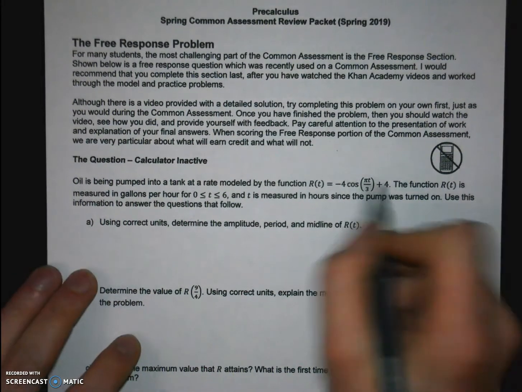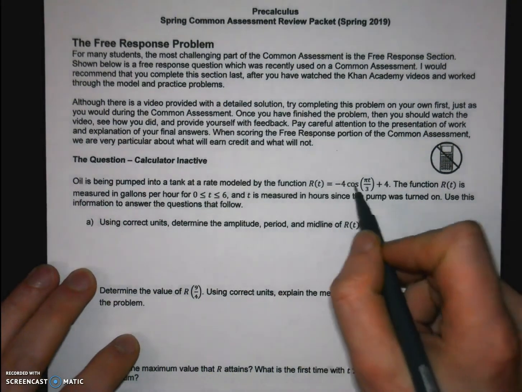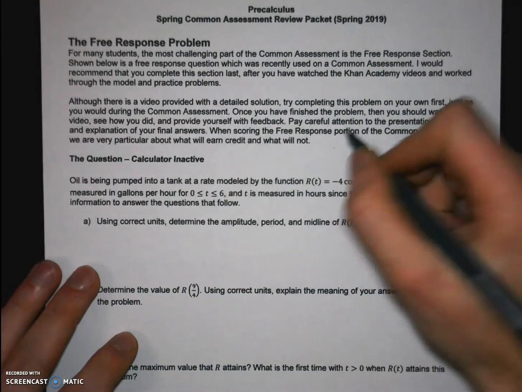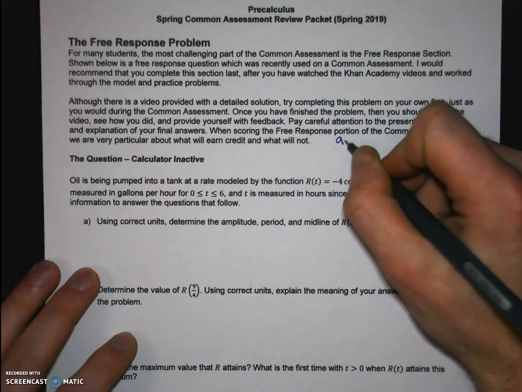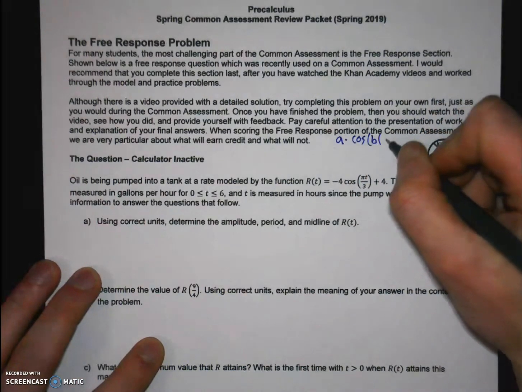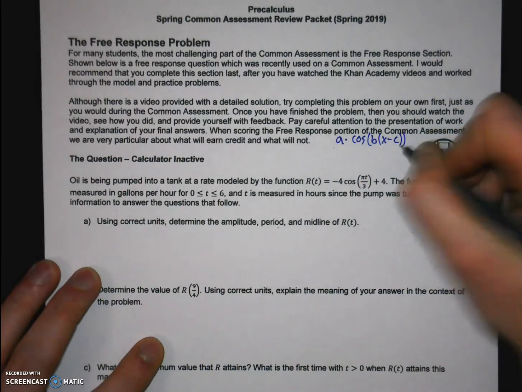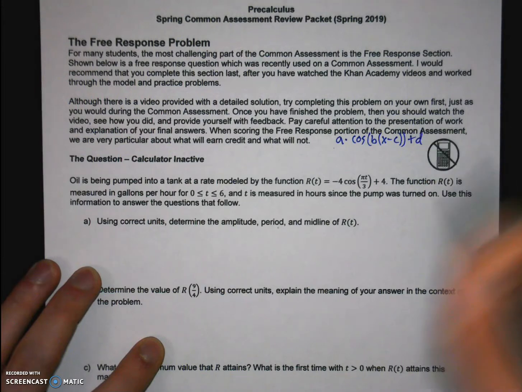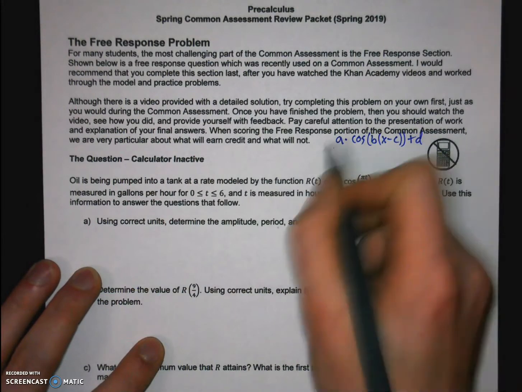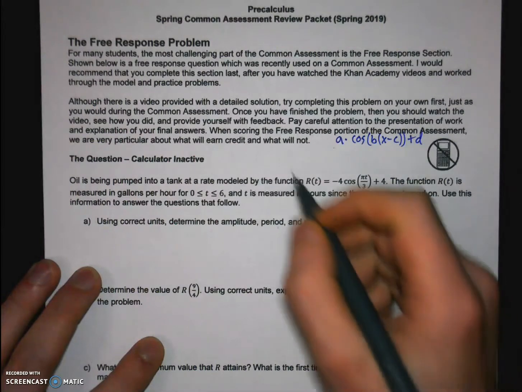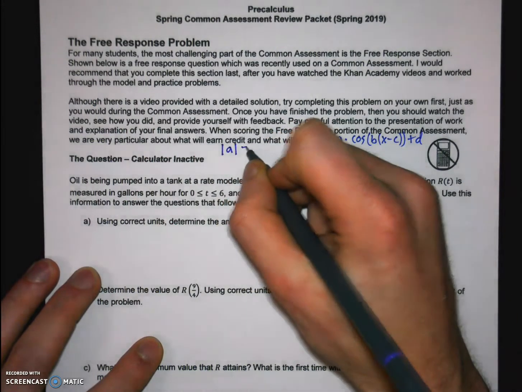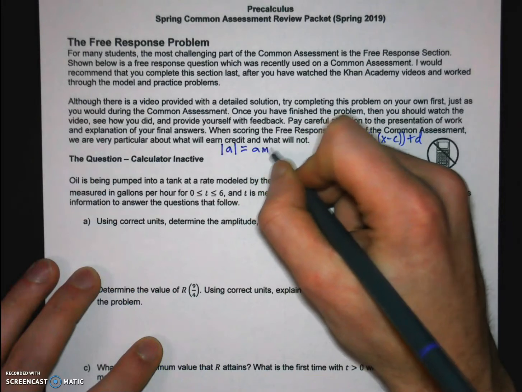We're given this function r of t right here, and I notice it's a cosine with all sorts of stuff on it. Well, let's break this down. Anytime I've got something of the form a times cosine of b parentheses x minus c plus d, I know that I can figure out a whole lot of stuff like our amplitude, period, midline from what these a, b, c, and d values are. So let's go ahead and get it. The amplitude is related to a. It's actually the absolute value of a